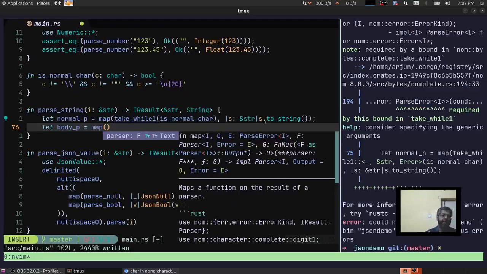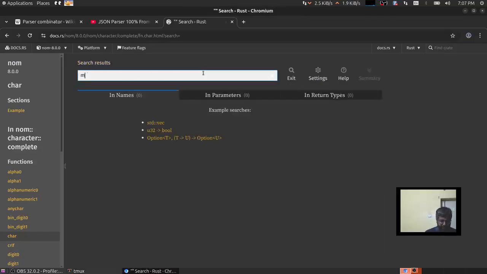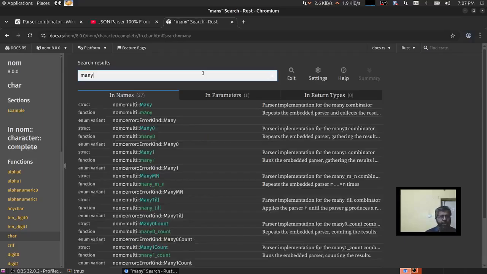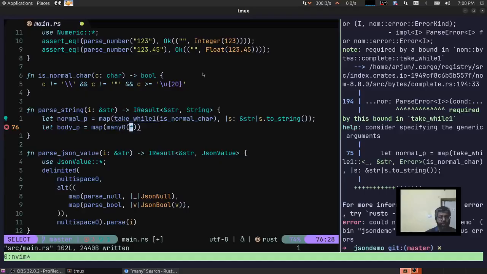Now we might have many sequences of normal characters interspersed with escape sequences. So we have to run this normal p and the escape sequence parser that we'll write multiple times. So we have to use another combinator, and that's called many zero. Okay, so we'll write many zero,